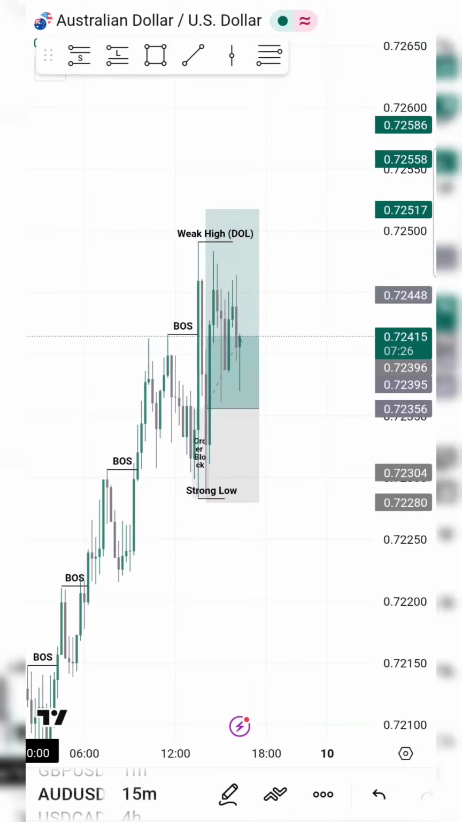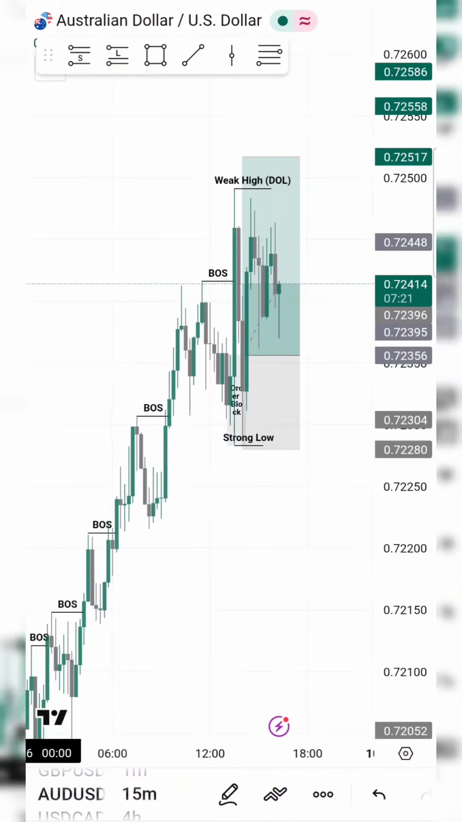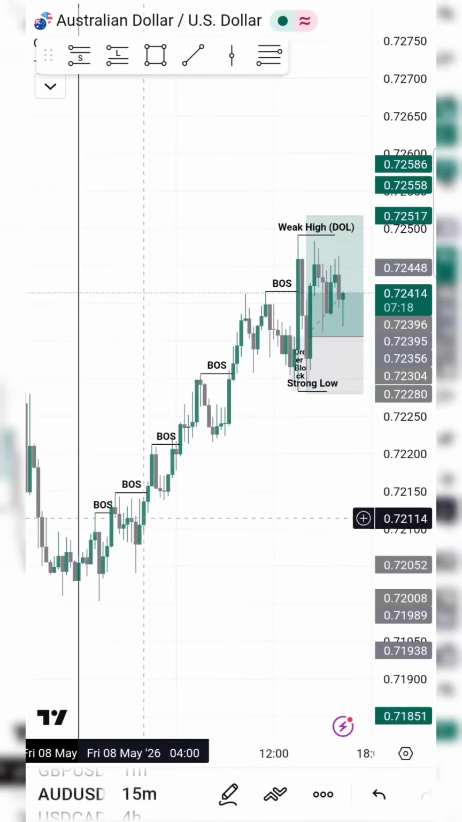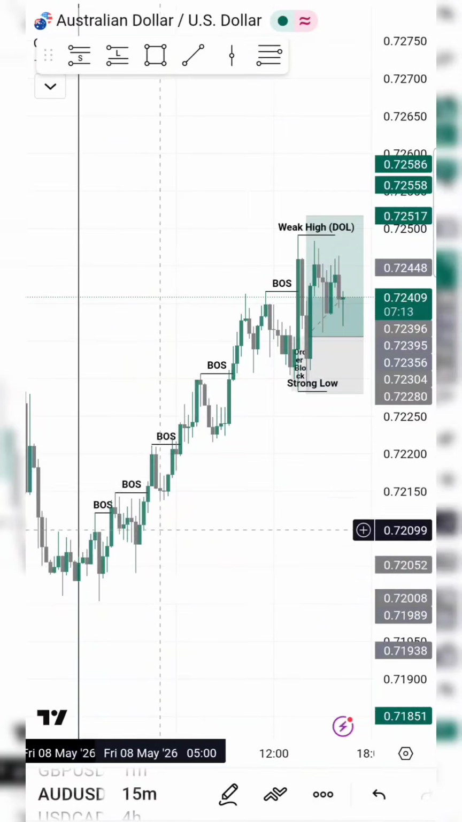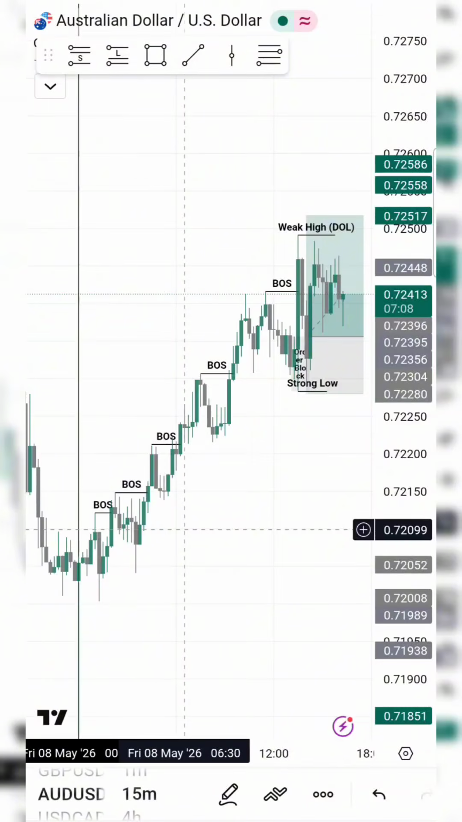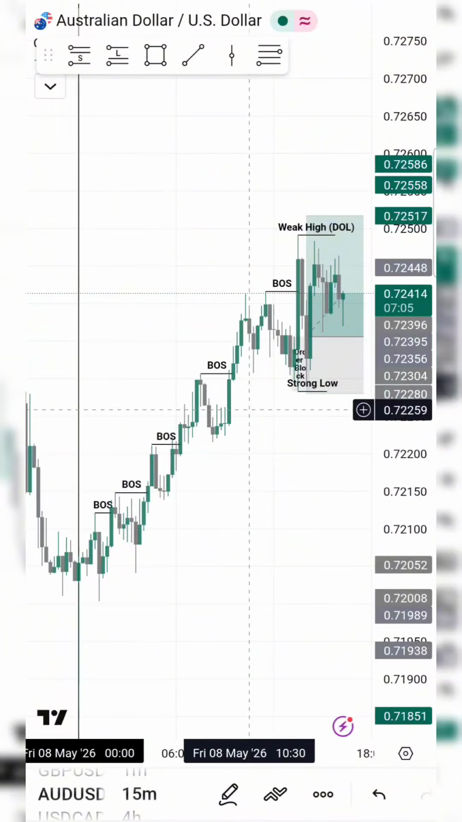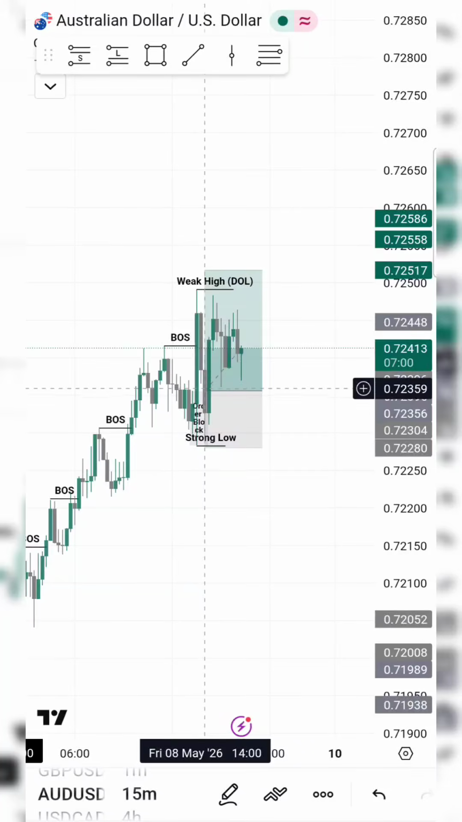On AUDUSD, this is the one that's currently running. As you can see from the beginning of the day, it had a lot of breaks of structure, but it never really went down into a valid demand zone. As you can see, this demand zone here, it didn't come down here. This demand zone, it didn't come down here. This demand zone here, it didn't come down here, until it finally formed a demand zone here that price came